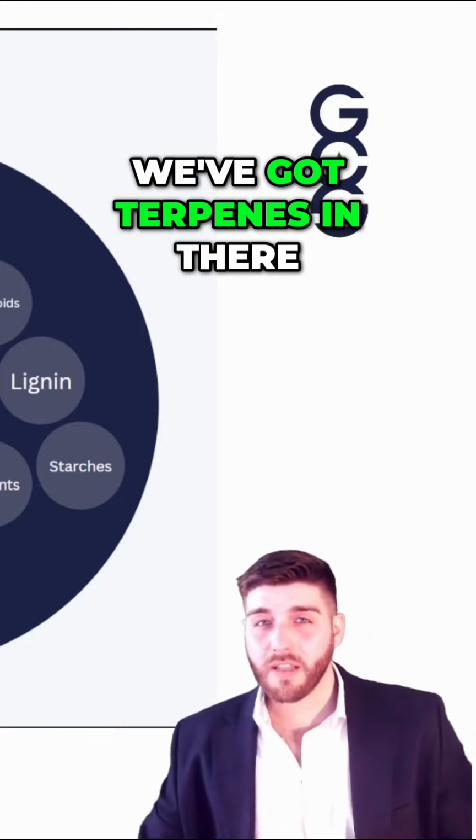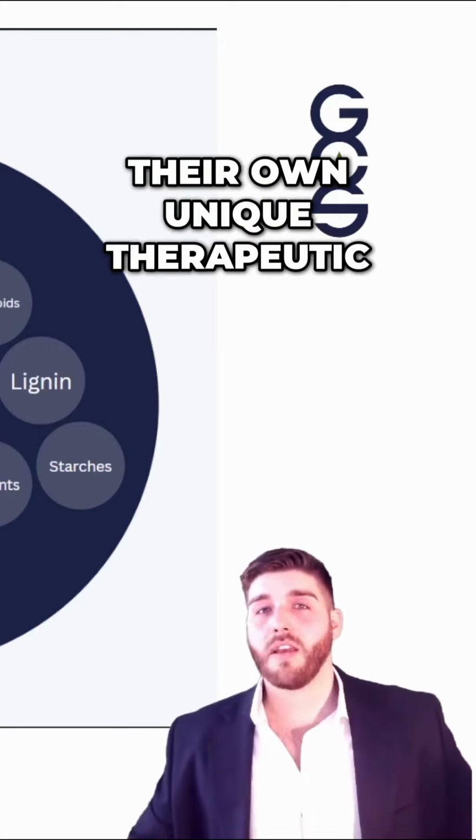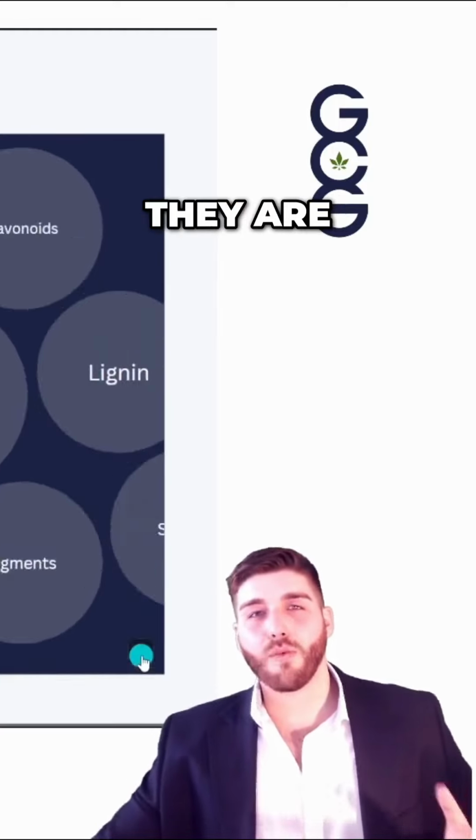We've got terpenes in there, we've got flavonoids in there. Each of those compounds also has their own unique therapeutic properties too. Phytocannabinoids make up just a very small portion of cannabis. They are really the